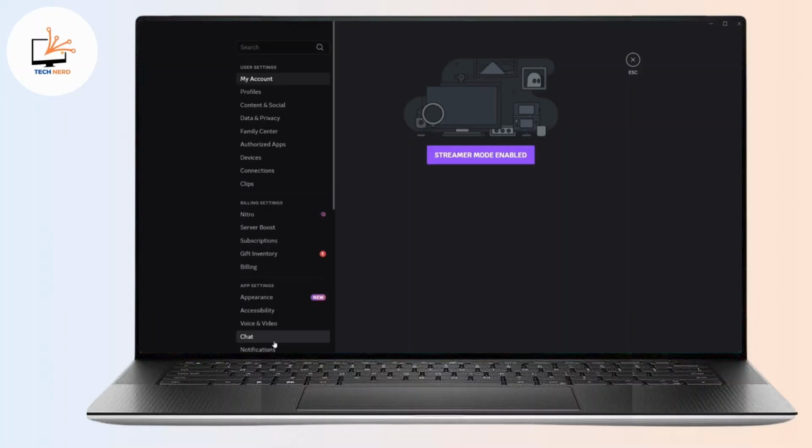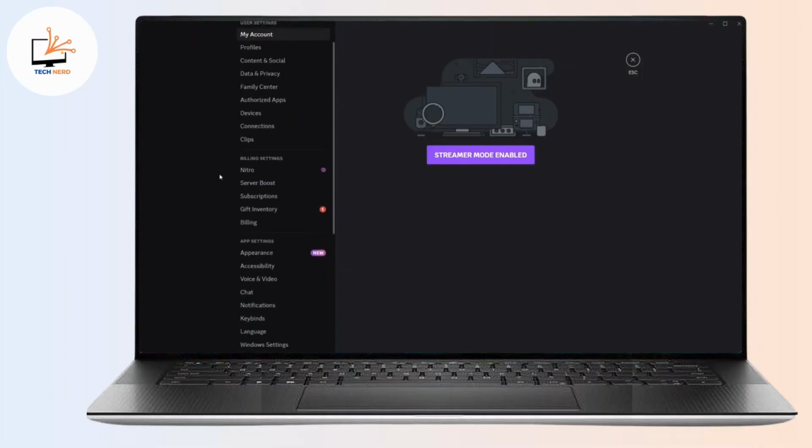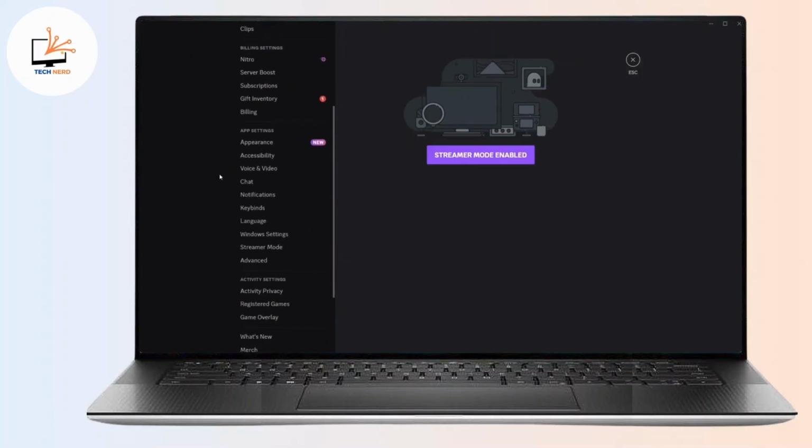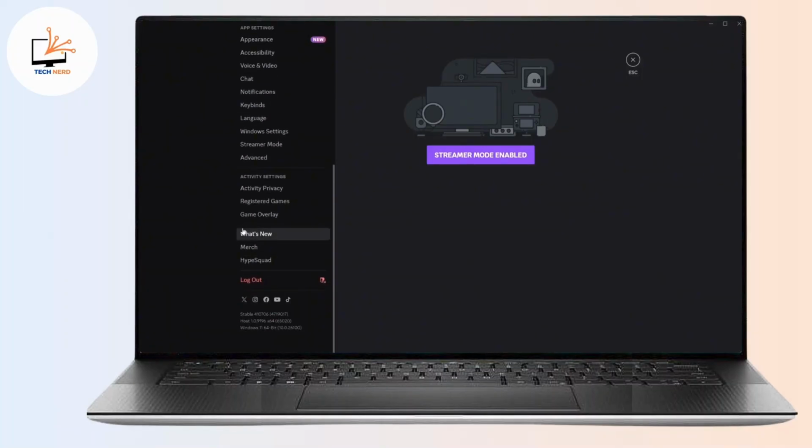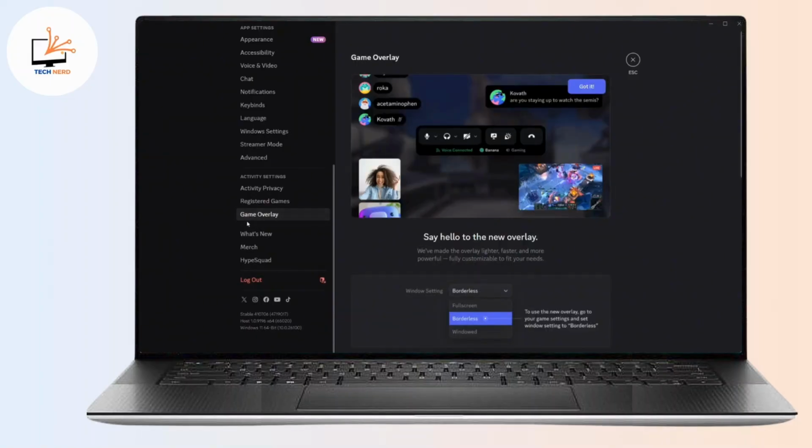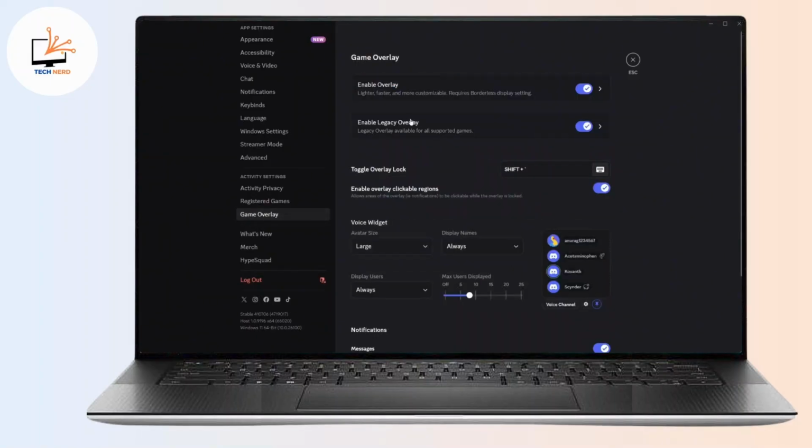And here, once you click on it, you'll be prompted to the user settings. And now here, once you're inside the user settings, on the left hand side, if you scroll down, there you can see the option labeled as Game Overlay under the Activity Settings section. So simply click on it, and now here at the top of this section you'll see a toggle labeled Enable